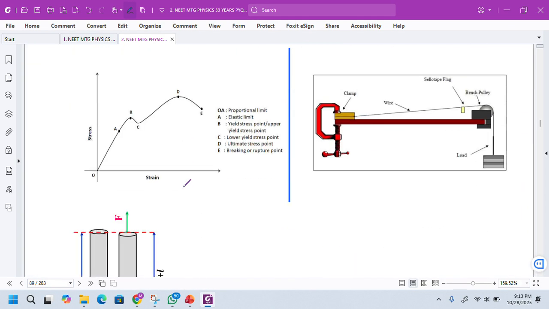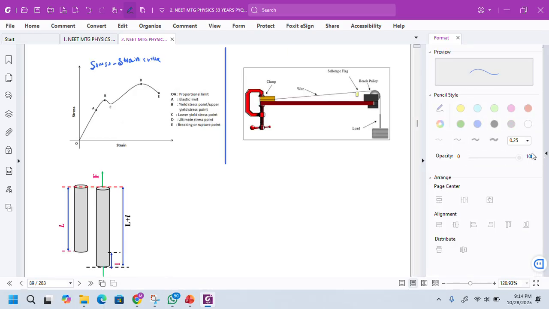You already know the stress and strain curve, dear students. We can call it a stress strain curve. Then he has given materials